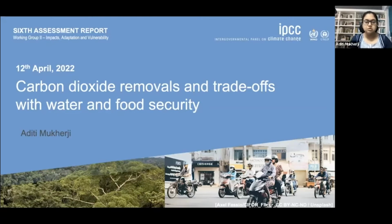To be very honest, this was a relatively small section in the water chapter where we had looked at not only carbon dioxide removals but also other mitigation measures, and we had tried to see in that particular section what were the trade-offs as well as synergies with adaptation and mitigation, and how various mitigation measures including CDRs actually helped with or negatively impacted water and food. But today for this presentation, I'm going to talk about the three main CDRs that we had briefly assessed in